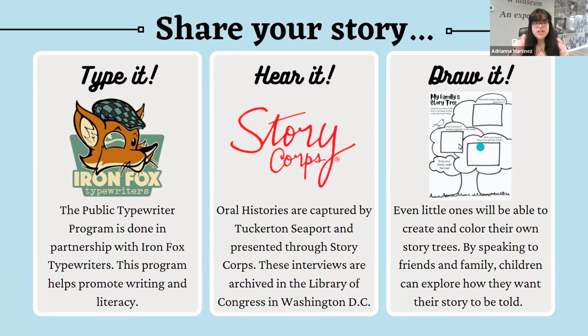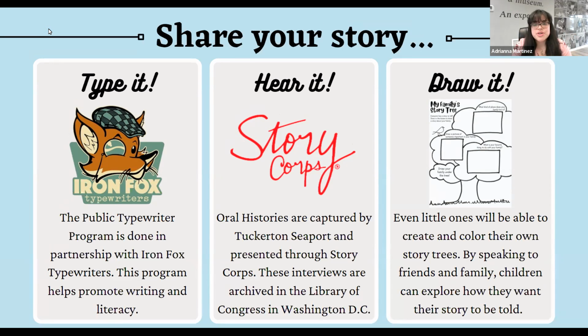So with all of this, we really want to encourage visitors to interact with history, share their stories, and seek ways to discover history on their own. And that extends to children as well. So we are going to have a little bit of a coloring page drawing activity called My Family Story Tree. It is a page with these different drawing prompts, and rather than having writing prompts that may be for the typewriter, that will encourage children to look at their families, look at important people in their families, and talk to their parents or any other adults that come with them, to start keeping family histories, because family histories really start